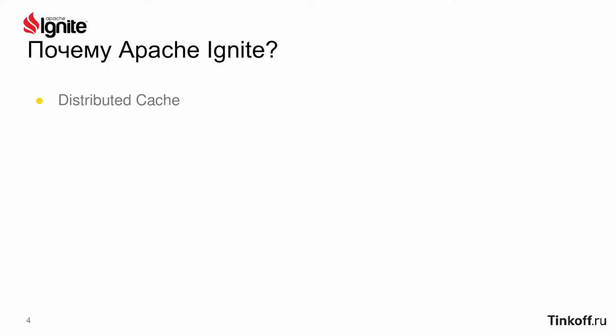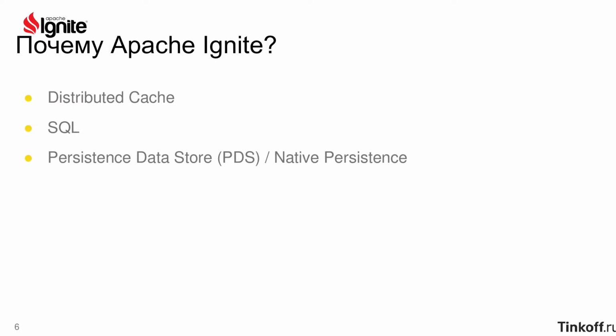Next, why did we choose Apache Ignite? The first point is that Apache Ignite is a distributed cache. We wanted to find a distributed system which is able to partition data. The next point, we were interested in horizontal scaling and fault tolerance. The next point is SQL. It is the opportunity to use standard SQL clients to connect to the cluster and do SQL queries. For simple analytics, we wanted to give access to our cluster to testers and analysts. It was needed to reduce developer time spent on testing, for example.